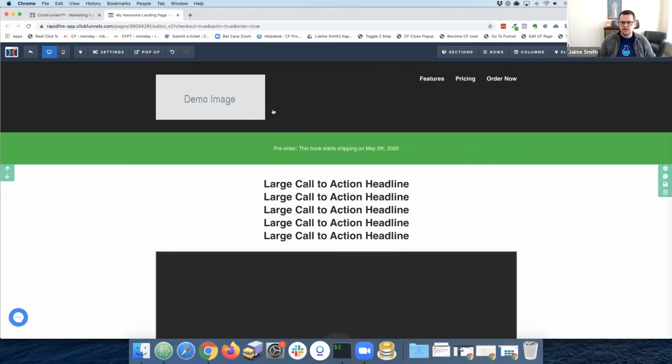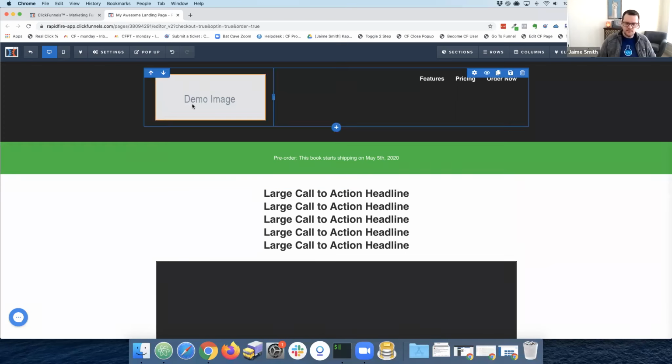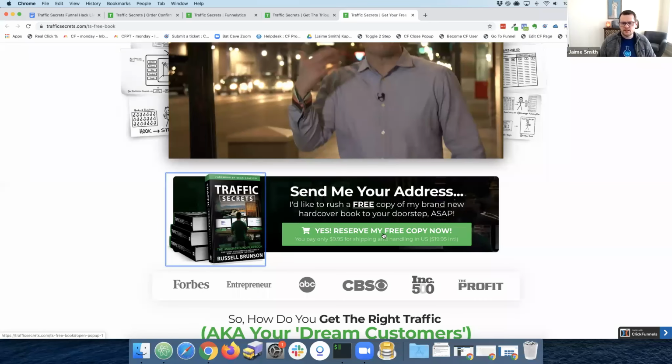Obviously, it looks very ugly right now, but we'll tweak down and get things copied, modified. And then the next big thing we want to make sure that we cover on this one is the actual pop-up. So we've got a couple pop-ups here. If I refresh this page,